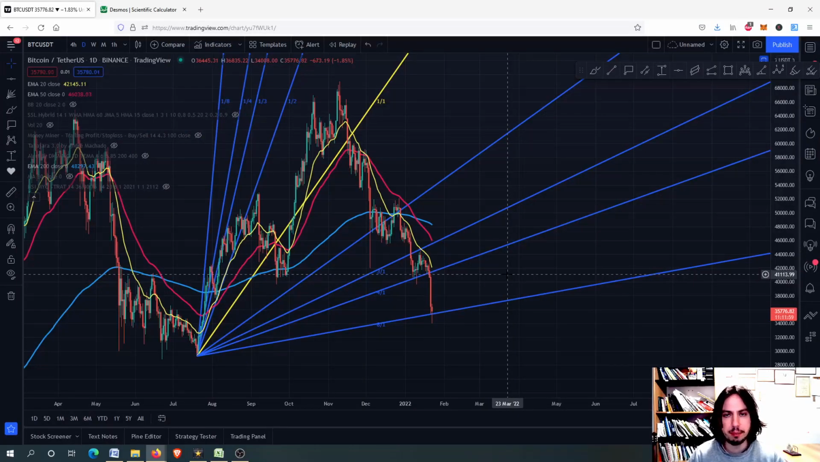We are going to find the bottom and the day that we are going upwards using many different tools on